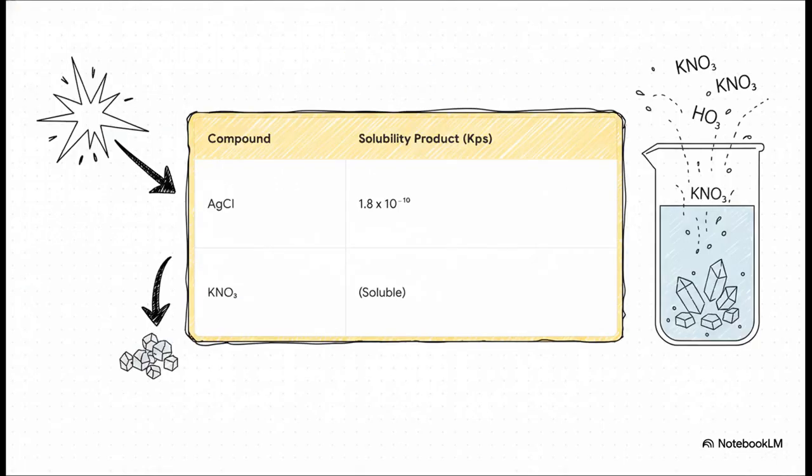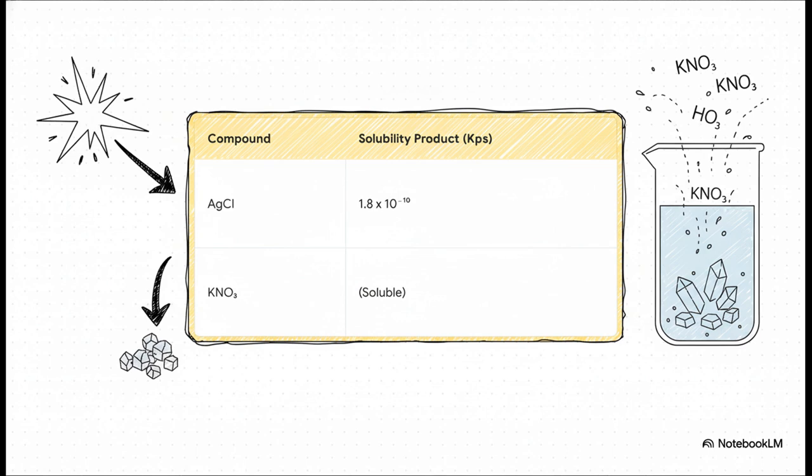The key is this thing called KSP, the solubility product constant. Just think of it as a solubility score. You can see for potassium nitrate, it's just listed as soluble. Its score is really high. But then look at silver chloride. Its KSP is a tiny number,